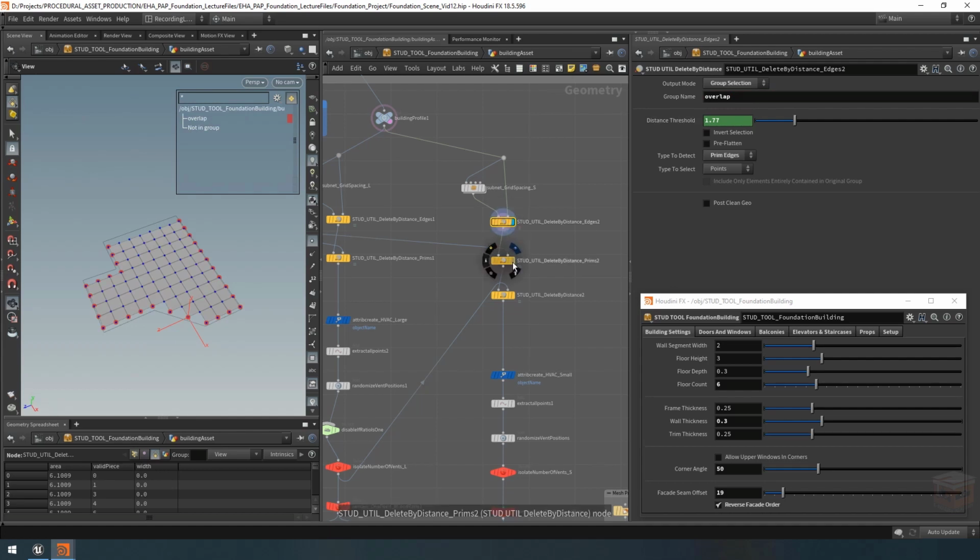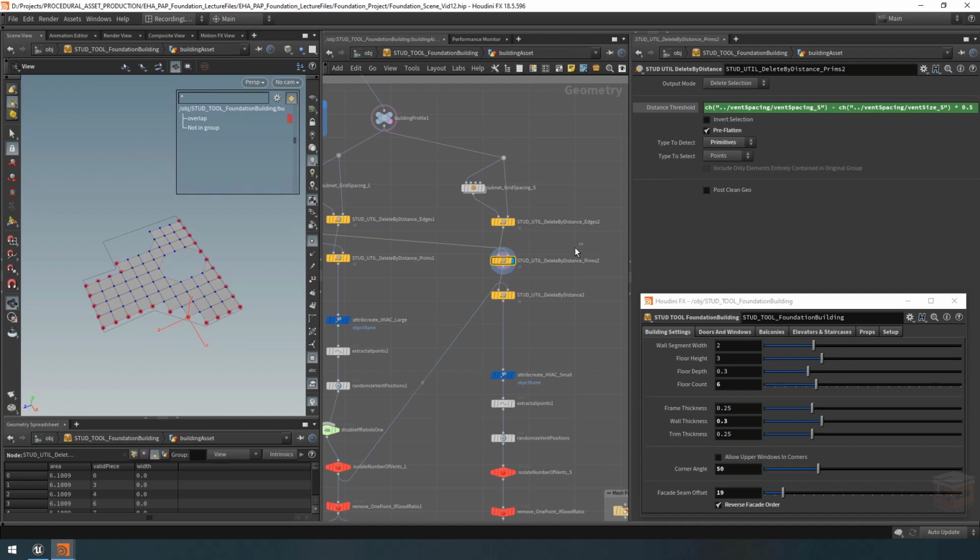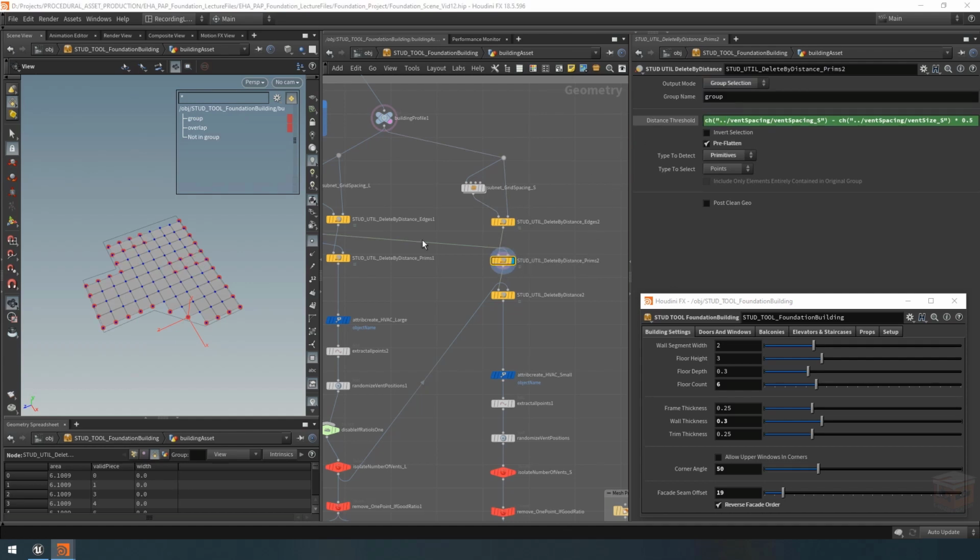Now let's go to the node below and switch this one over to a group. And now you can see we have 2 groups over here. We have the overlap group, which we created previously, and now we have the group, which is of course the default name that this node is generating. However, the problem here is that if I try to set this one to overlap as well,